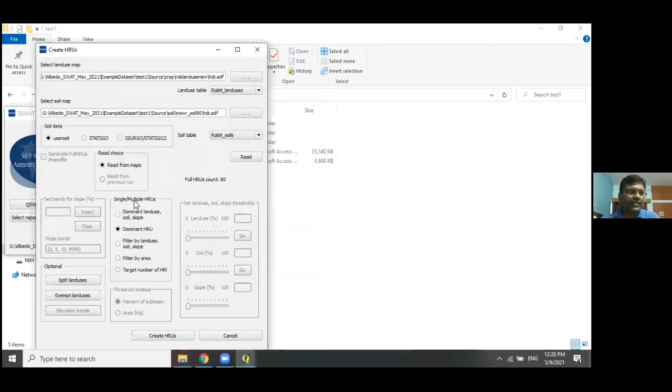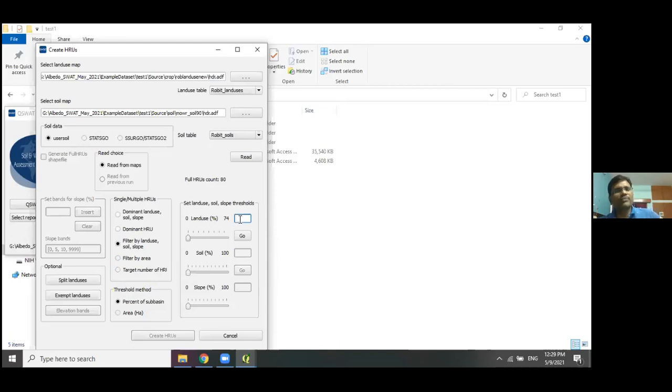Now here there are different options for HRUs. In the HRU creation, you can consider the dominant land use land cover, soil or slope classes, or you can consider the dominant HRUs, or you can also filter by land use, soil and slope. Generally, we use the filter options, based on the knowledge available on the watershed, or otherwise filter by area or target number of HRUs, how many HRUs you want.